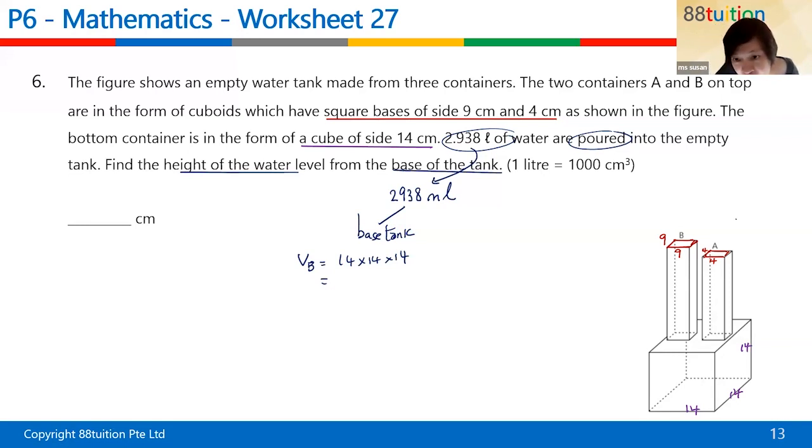Thank you for having this. How did you get 16? I don't want 16. Help me with the calculation, please. 2744. Thank you, Miko, you're so fast. Yeah, that helps. So meaning to say, this is the volume for A and the volume of B water that can be filled up. So that means the remaining